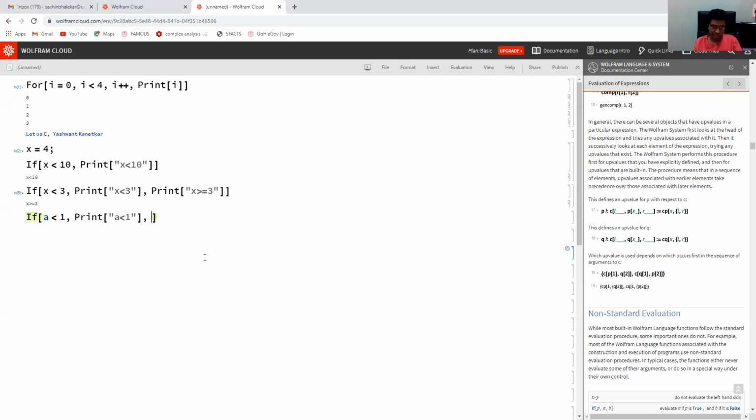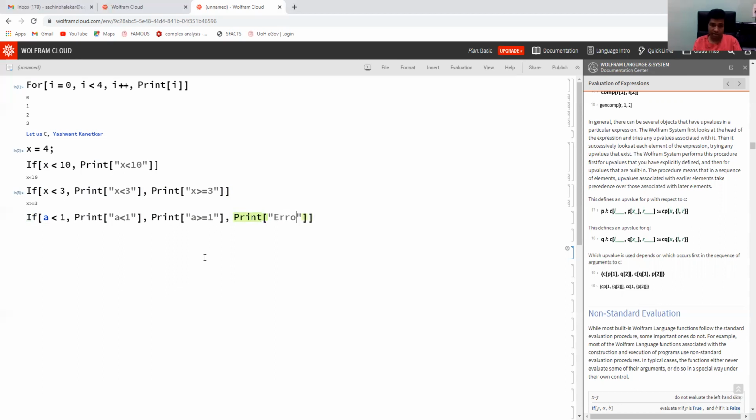If it is not less than 1, print a greater equal 1. If both these things, I mean, if our statement a less than 1 is neither true nor false, then print error. So what is this neither true nor false?